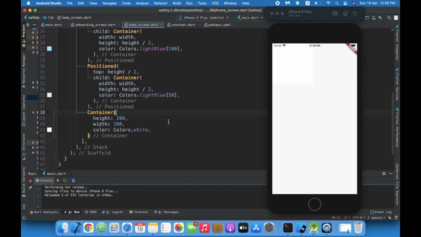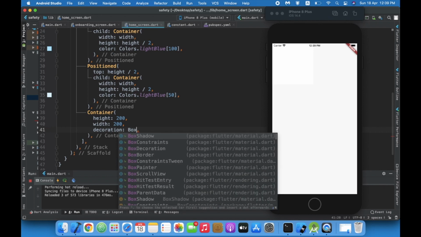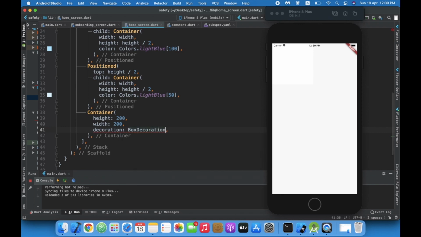Okay, now let's give decoration, box decoration.